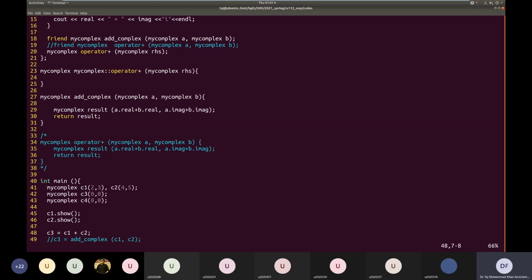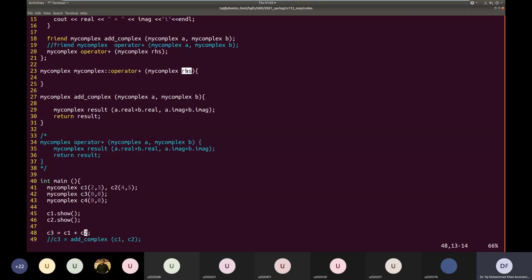We can't call a member function without any object. So it will call the member function of this left-hand operand C1 and pass it the right-hand operand C2. Okay, so that's why we have only one argument here. RHS stands for right-hand side.